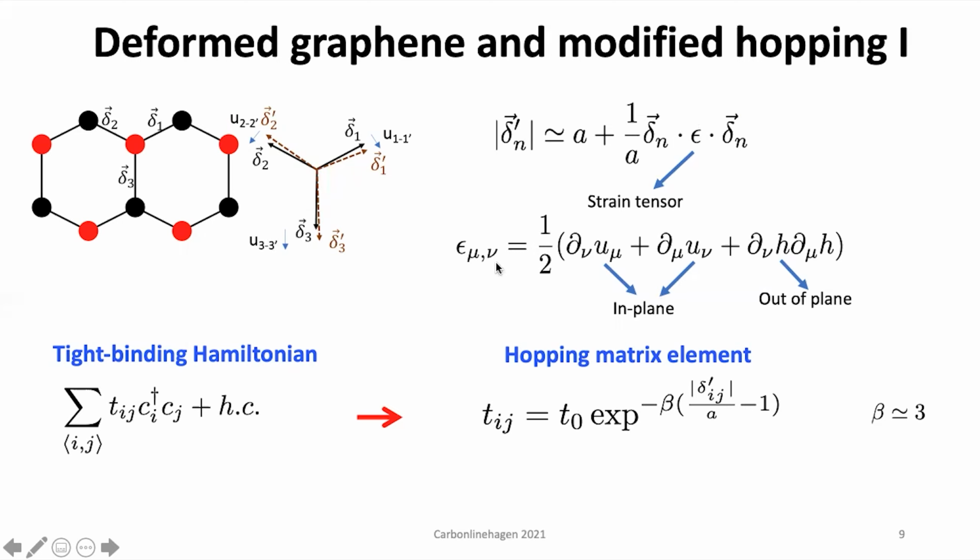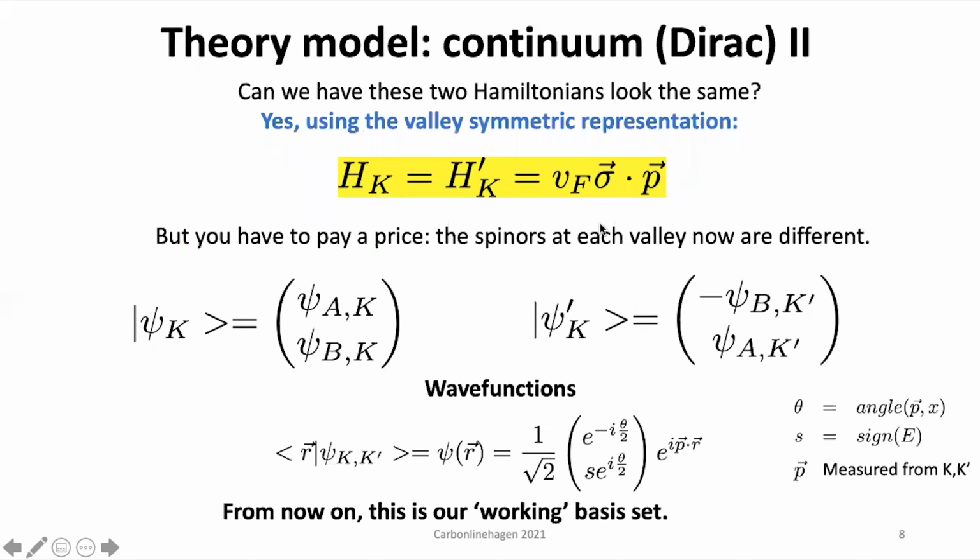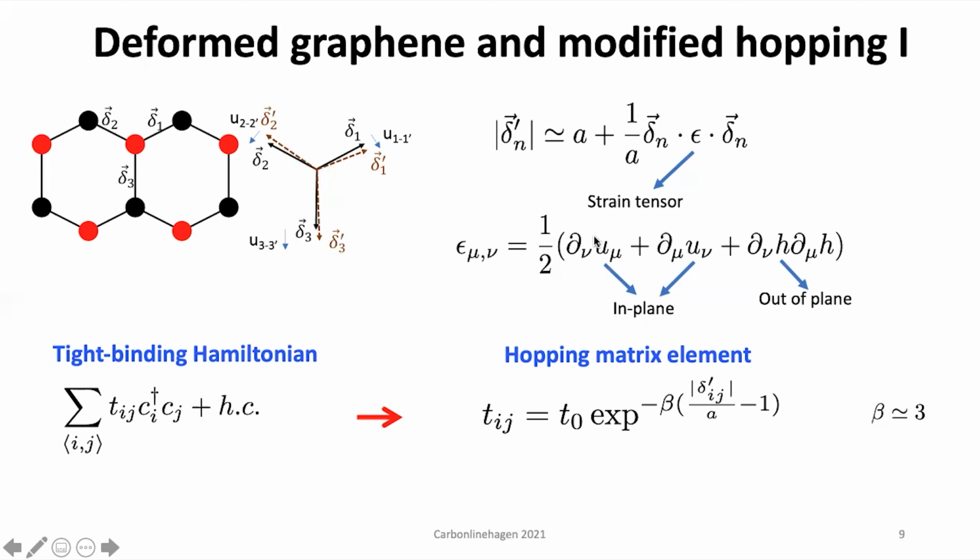The components of the strain tensor are calculated from the displacement vectors, and the expression that I wrote here identifies displacements in plane or displacements out of plane